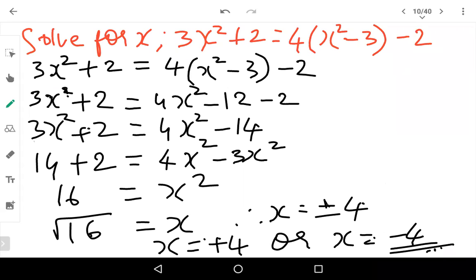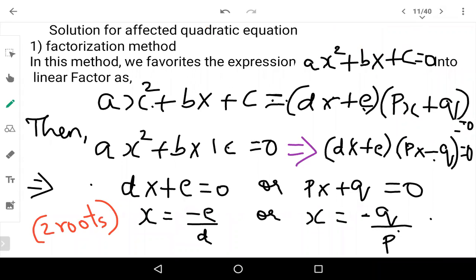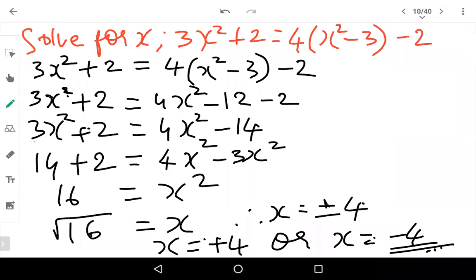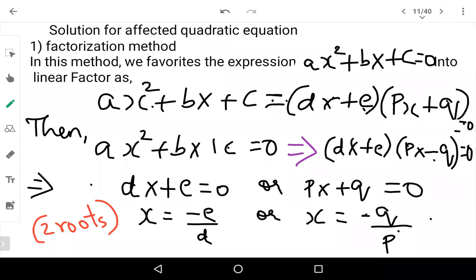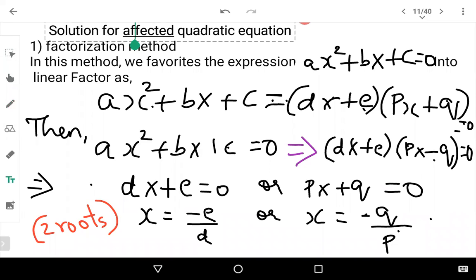So that was a few of the basic problems. Now let us go to the types of solving the quadratic equation. That was types of quadratic equation. Here you have types of solving the quadratic equation. Okay. So let us see this and directly get into the problem. Therefore x is equal to plus 4 or minus 4. Correct. Now the solution for this is affected. Okay. Solution for affected